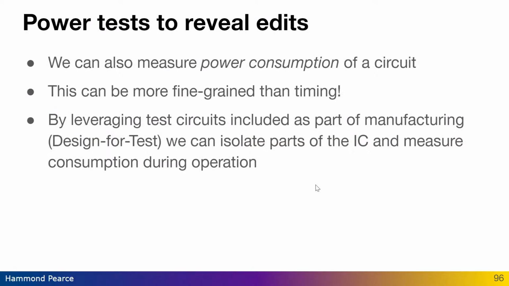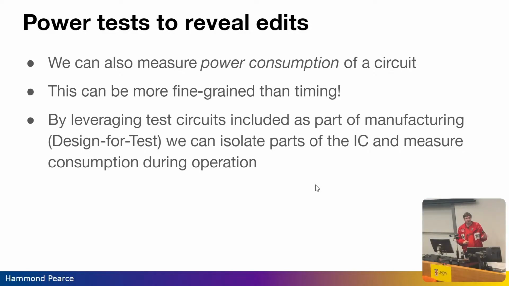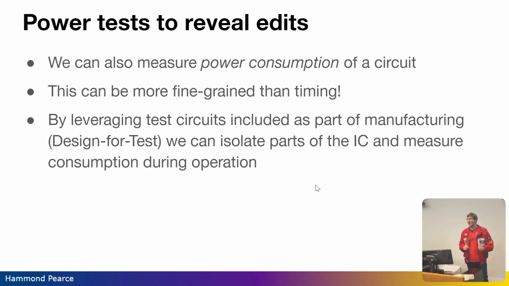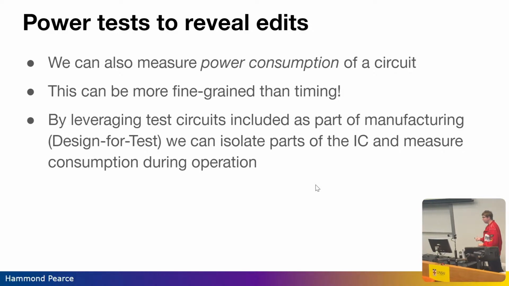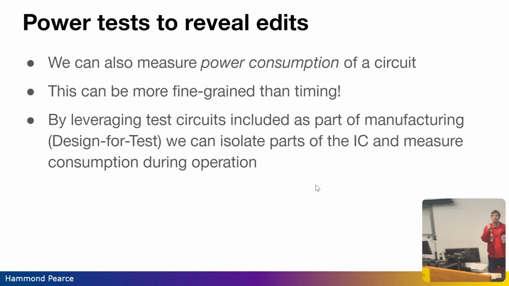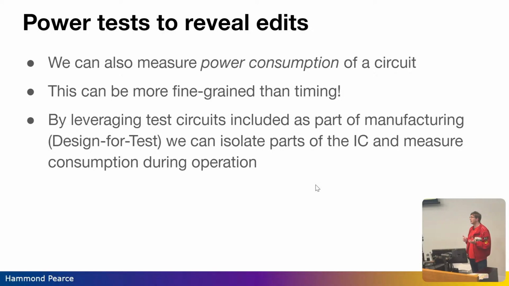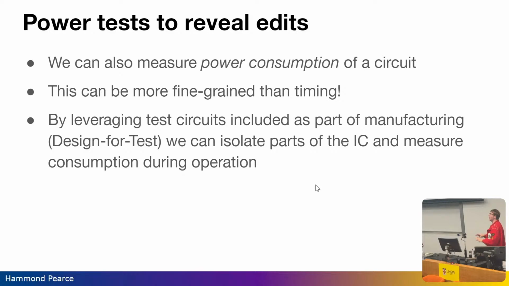What if we had a better way than timing? What if there's something that you can't hide from at all in the case of electric circuits, and that is power? Power consumption is something that is quite measurable, not like time, which is really fiddly. Power consumption we can measure by just connecting an ammeter in series with our circuit, and we can actually energize different parts of our chip